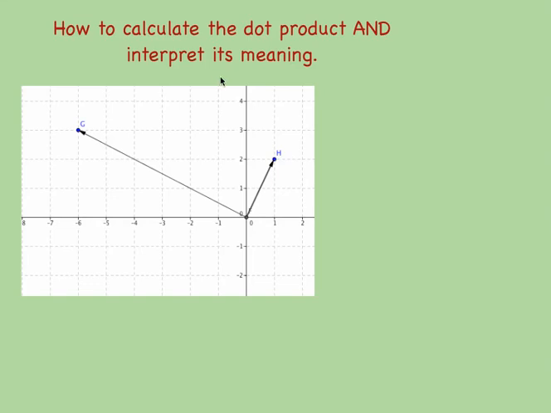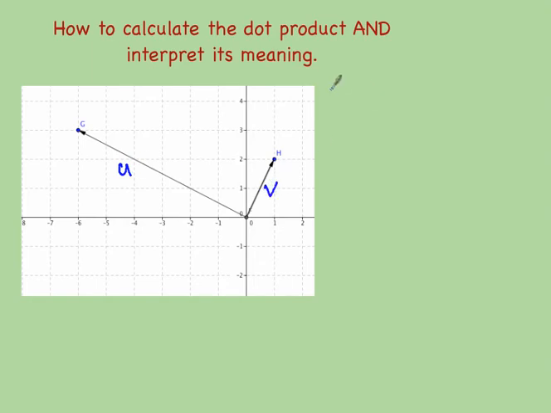Hello everybody. This video is designed to teach you how to calculate the dot product of two vectors and interpret the meaning of the dot product. All right? So I'm going to use u and v as my two vectors,